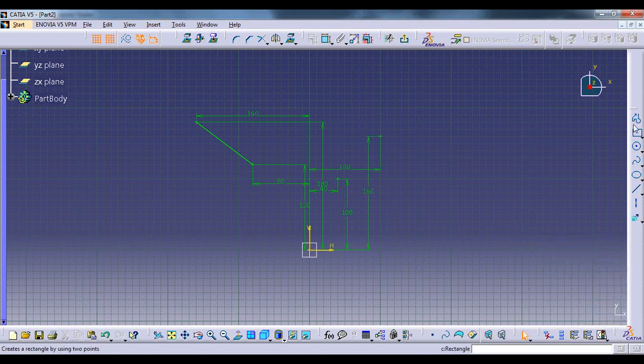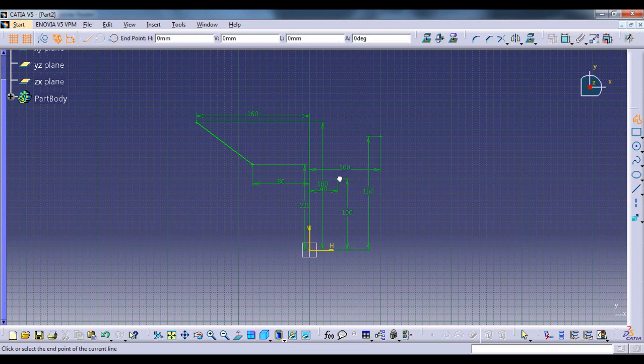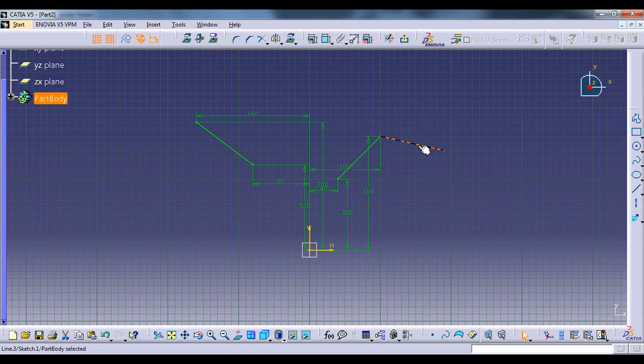Okay, and we will plot a line. Okay, so we are having these two lines, that is line AB and line CD.